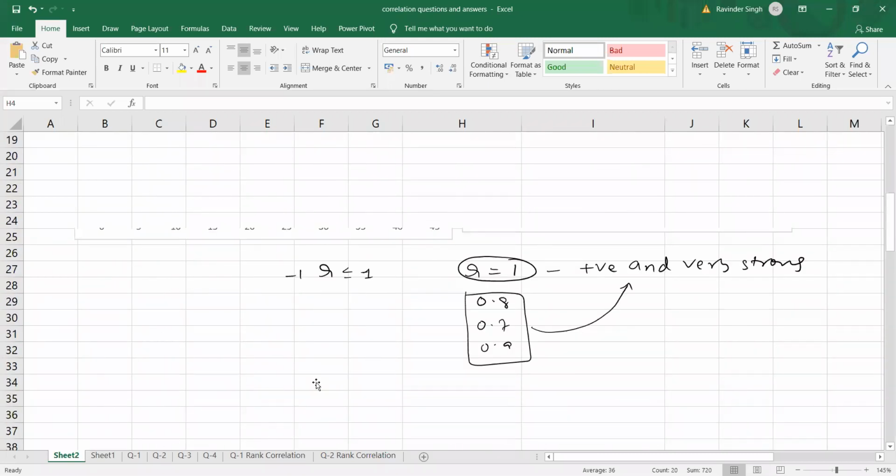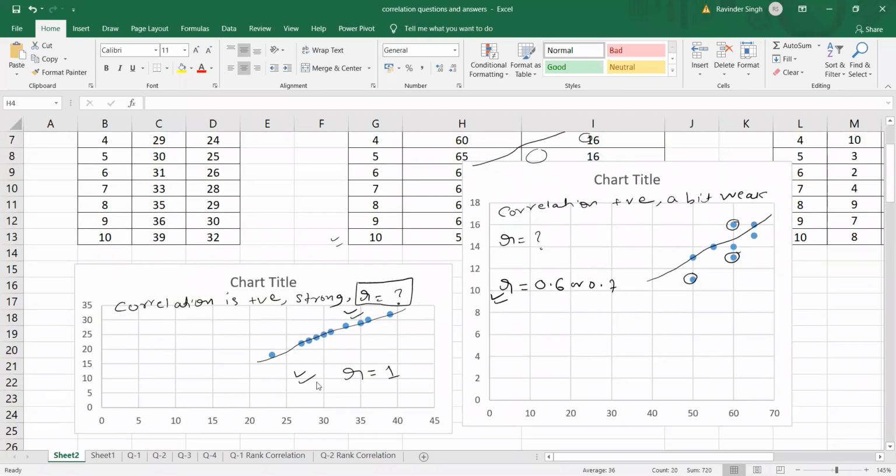Now, as we can see from the data, the scatter plot only gives me the relationship pattern. It does not give me the value of R at all. But for me to do some kind of analysis on the data, I need to have this R value. So the scatter plot does not give me that R value. It just shows me the pattern, how X and Y are related to each other, whether they are related strongly or weakly or not at all.